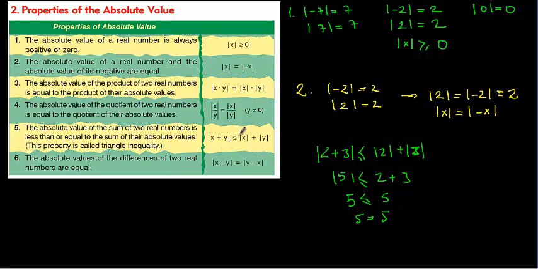Here we have the less than or equal to sign. So when you choose the numbers with the same sign, the result must be equal to each other. But if you choose different signs, like minus 2 plus 5, the absolute value of minus 2 plus absolute value of 5, the result is going to be